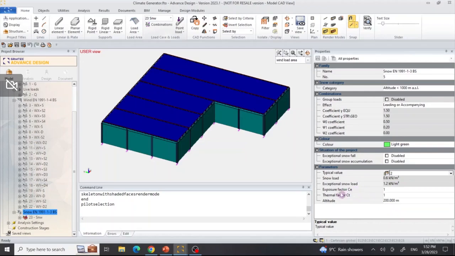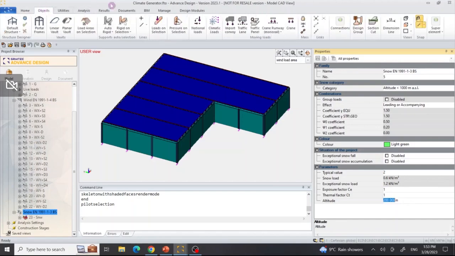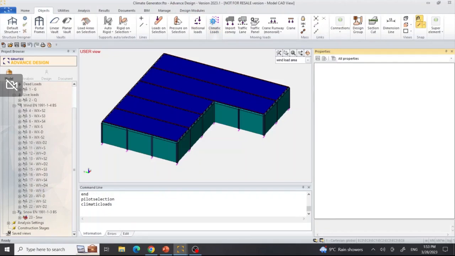And also we have the exposure factor and thermal factor here that the user can change if they want to. We also have the altitude. The user can define the altitude according to their thinking, or can probably leave the default parameters. Again, running the climate load generator,